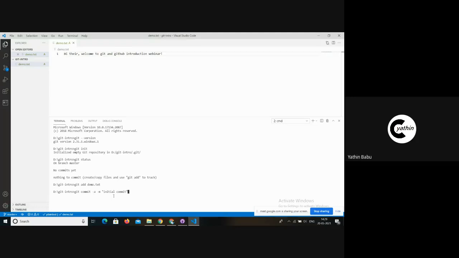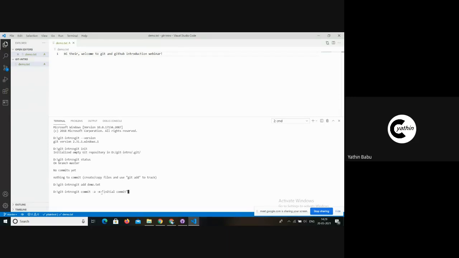What -a means is, for example, if we have multiple files, as I said before, and we have to commit those multiple files at a time, we use -a.